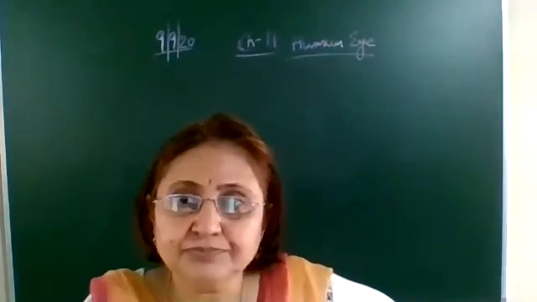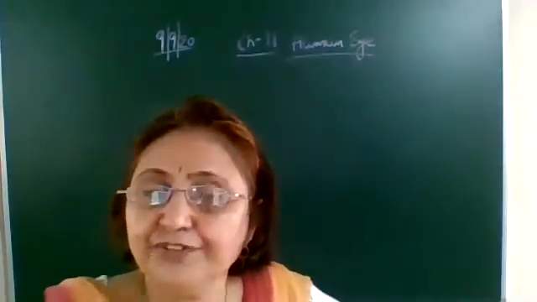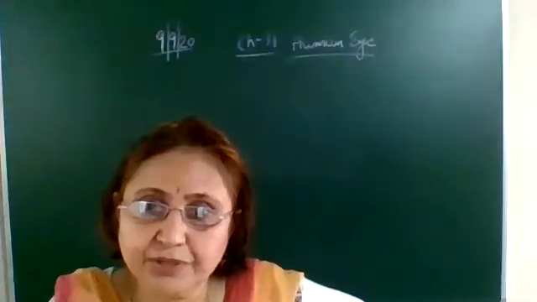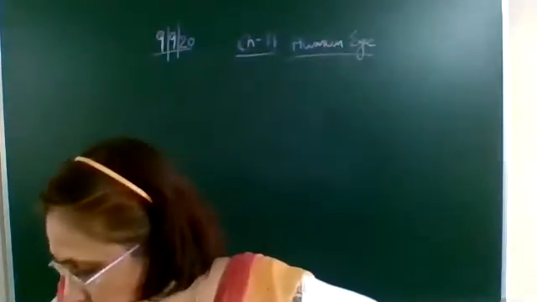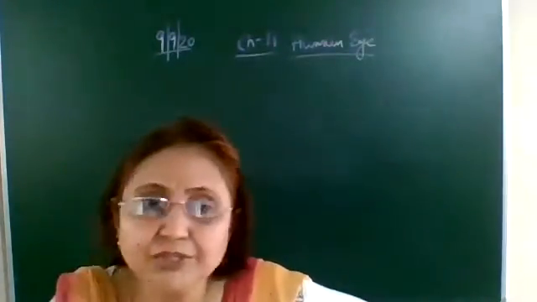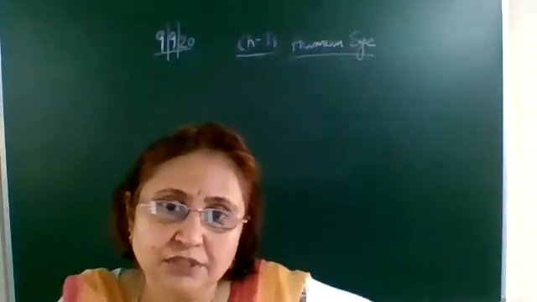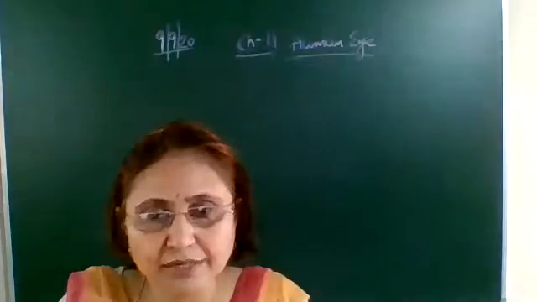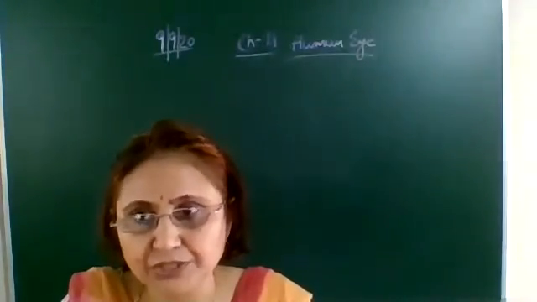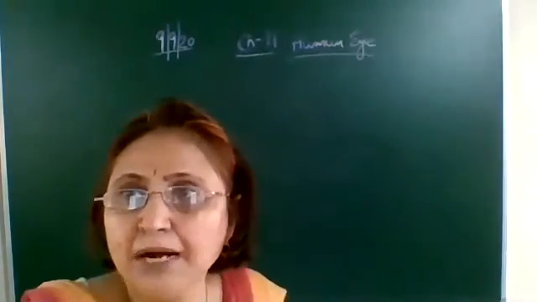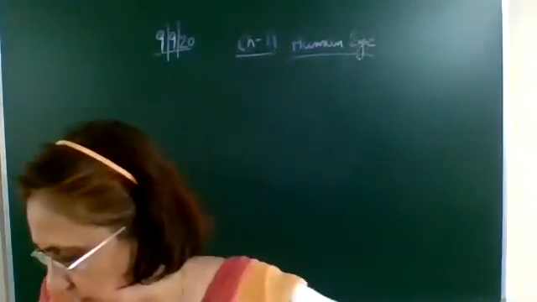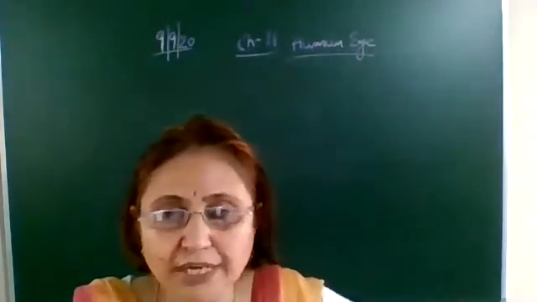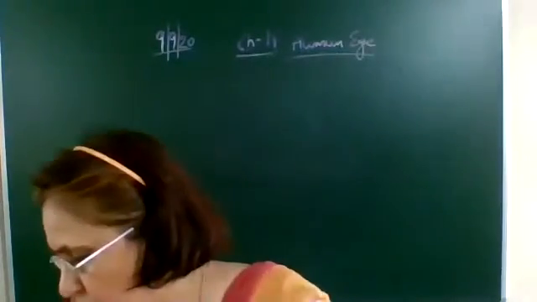Now see the figure. Figure 11.1. From the figure only we are going to study. The outermost part of the human eye is called the cornea. So what is cornea? The outermost part of the human eye. You can write in the rough also the parts of the human eye that we are studying: parts of human eye and their function. The first part is cornea. See in the figure, and then write down, it is the outermost